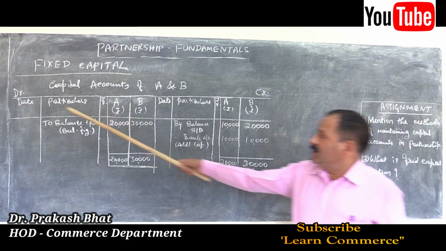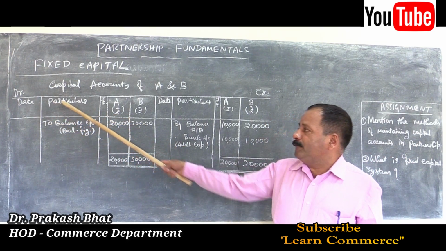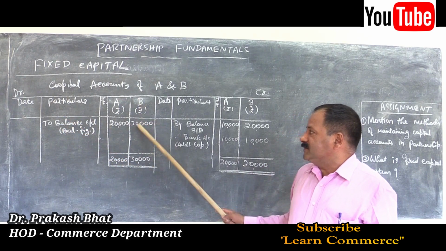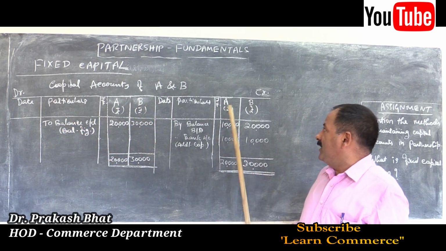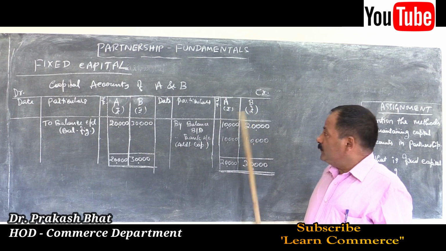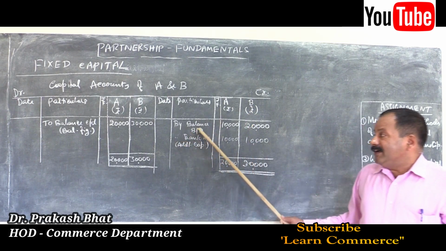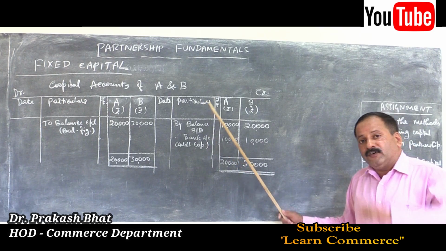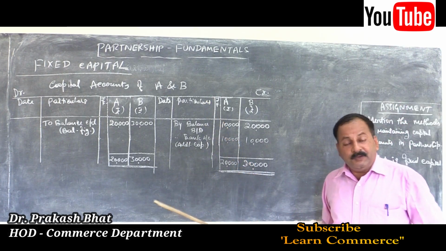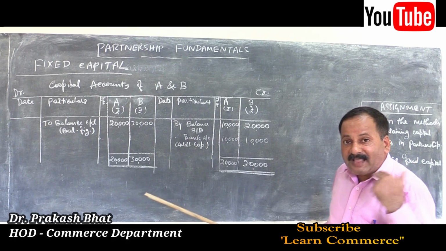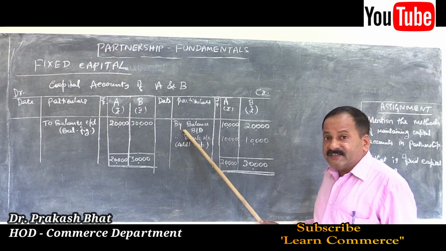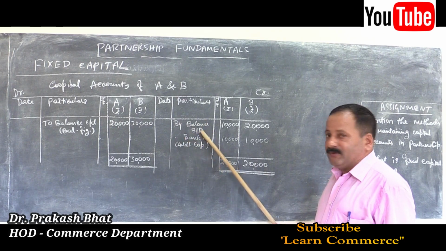So I give the headings of the ledger. It's a ledger account. I have included the two partners, A and B, on the debit side and credit side. The first entry will be for the initial balance. As I already told you, we will assume that the partnership firm was there during last year also. So last year's closing balance of capital has been brought down. Or if it is a new firm, I have to give the entry by bank account,